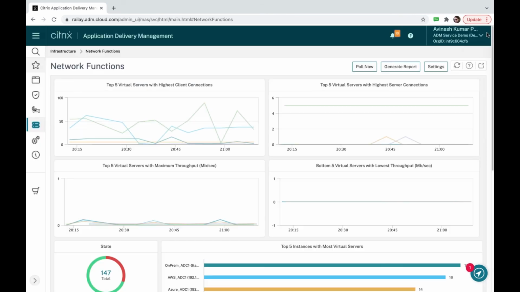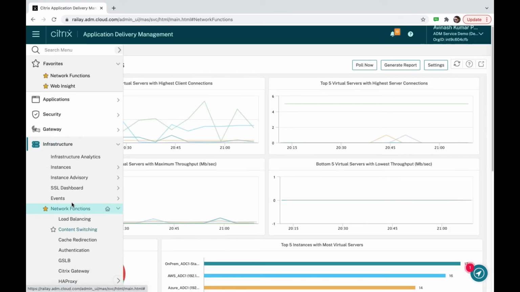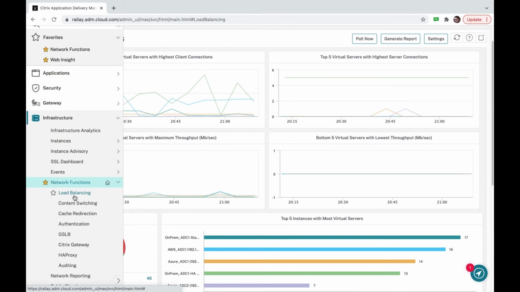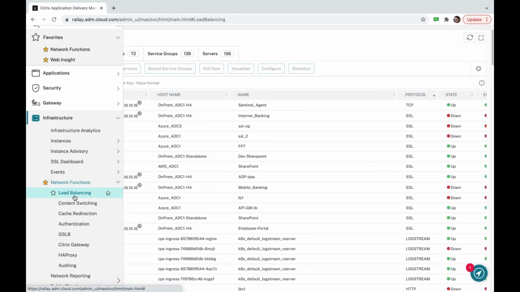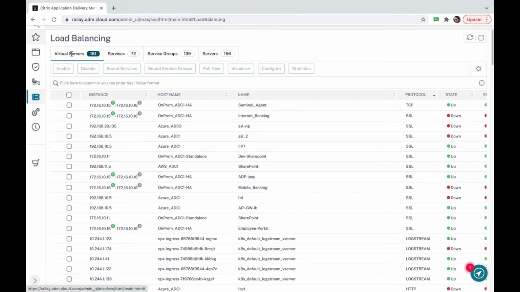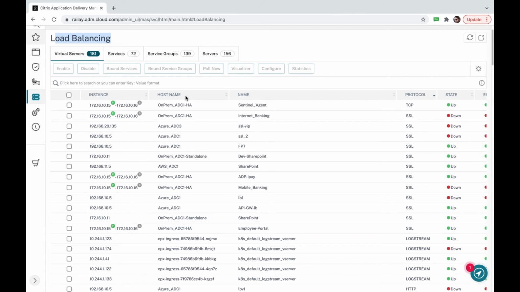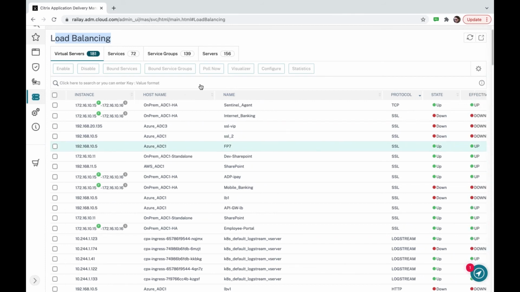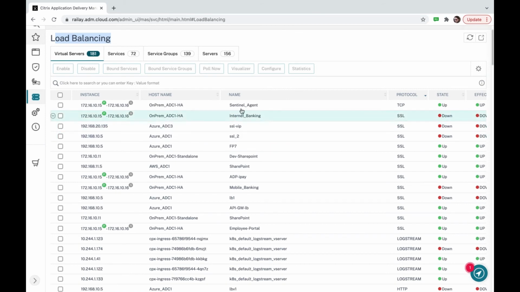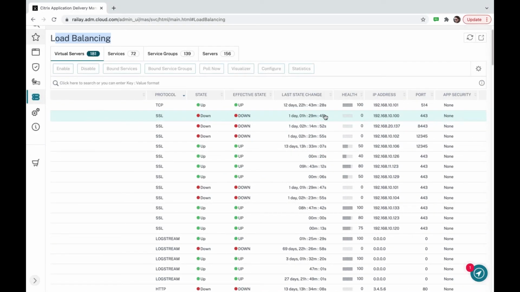So with this, let's talk about the various entity dashboards which we have available. First, I will be covering the load balancing dashboard. As soon as we land on the load balancing dashboard, you will see the virtual servers, services, service groups, and servers having different table dashboards available for them, which show all the LB vservers, services and service groups configured on various ADCs discovered by the ADM service. Here you can see the instance name where it is configured, the vserver name, the protocol, the IP addresses,